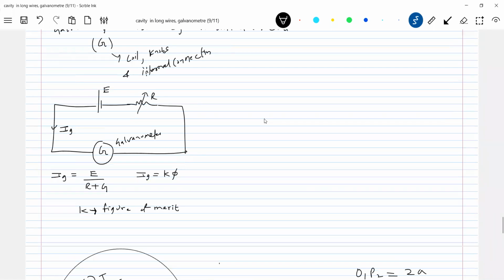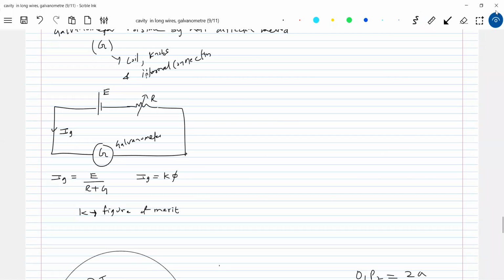Because what is the reason for that? Couple per unit twist is very difficult to measure. So therefore I'll try to measure it using this experiment only. So this is from where? From the construction of the galvanometer we brought this equation. Okay, got this one? Now what is phi? Phi is the deflection inside the galvanometer. So somewhere I'll show the scale.